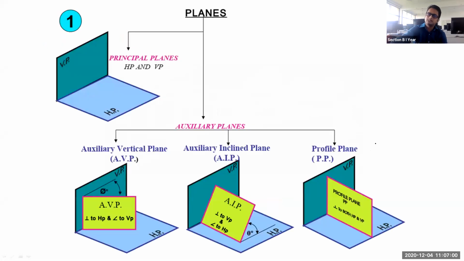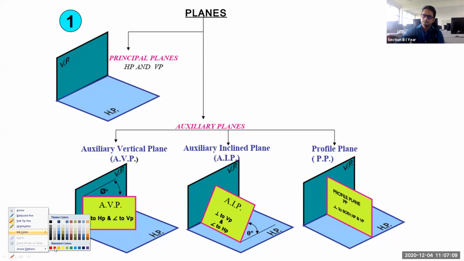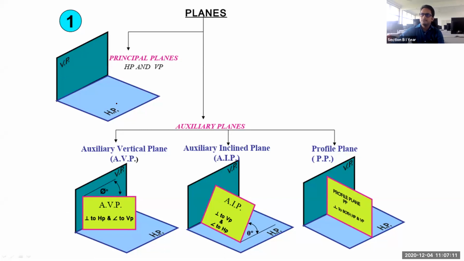These planes we have discussed. In planes we have seen what is your horizontal plane and what is your vertical plane, and we have discussed some examples also for better clarity. This horizontal plane and vertical plane are called your principal planes. Keep this in your mind because this is a viva question. What is meant by principal plane? You have to answer: principal plane is nothing but the horizontal plane and the vertical plane.